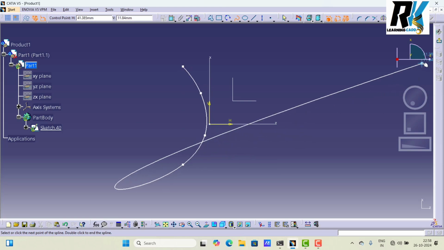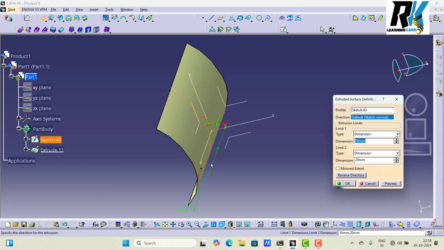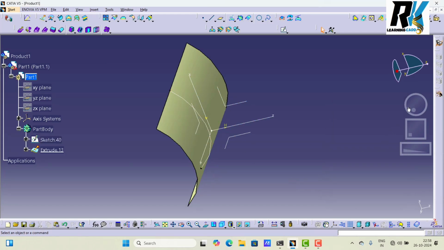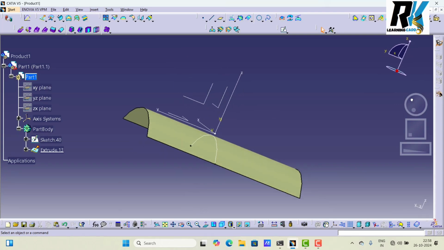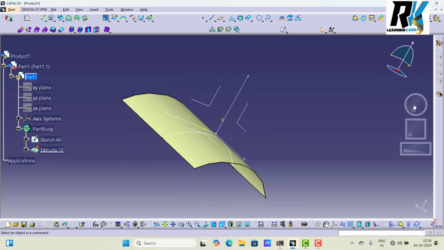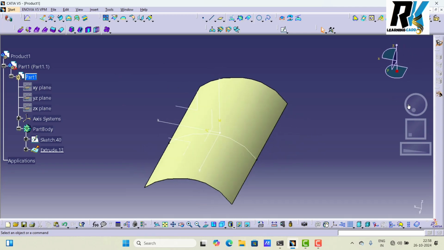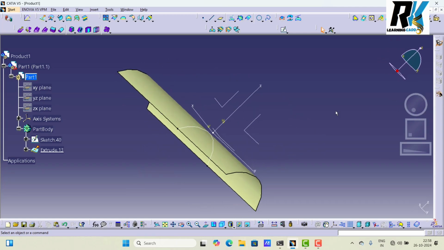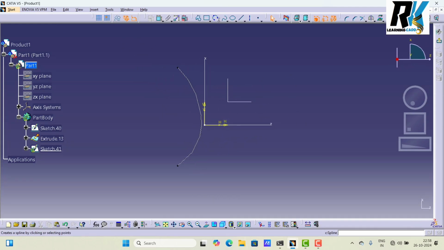Then I use the extrude command, extruding in both directions. We can use the same plane, no problem. I use the extrude command here, the same plane, but I make this type.